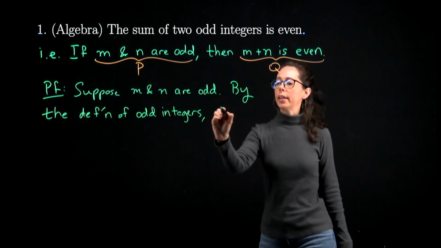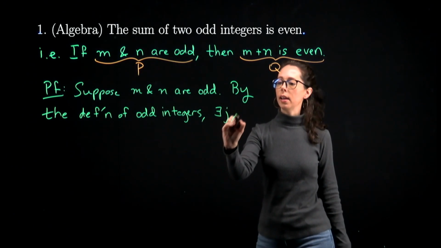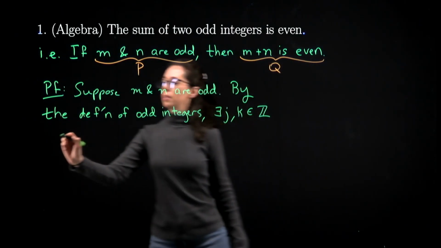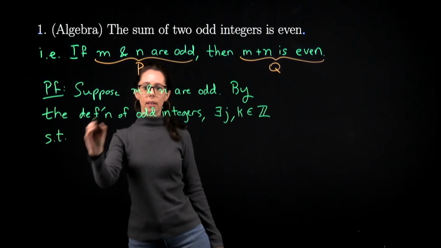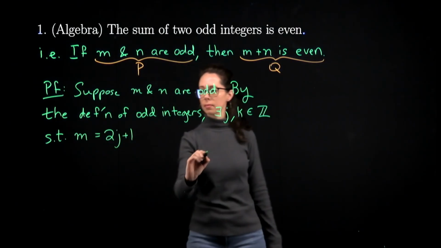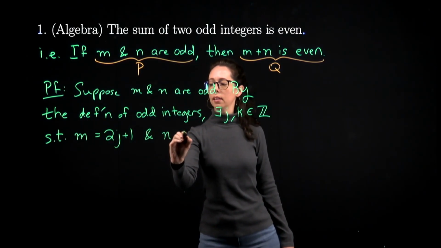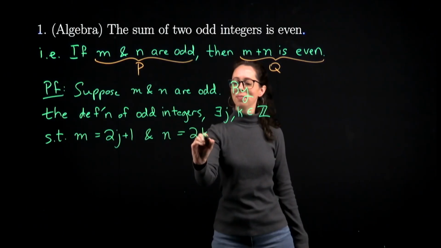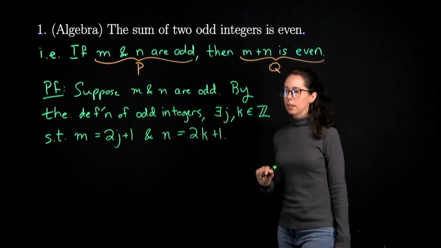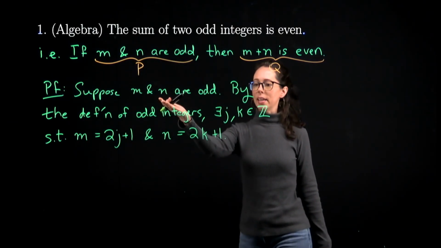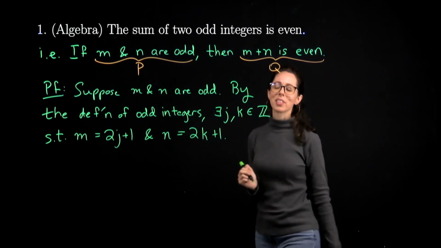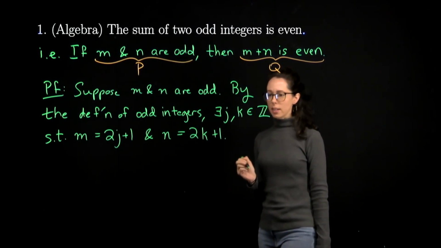I will use a quantifier here. There exist j and k from the set of integers such that m equals 2j plus 1 and n equals 2k plus 1. All right, so I've introduced m and n, and I've introduced j and k. I didn't just start using them without saying that they are themselves integers. Consequently,